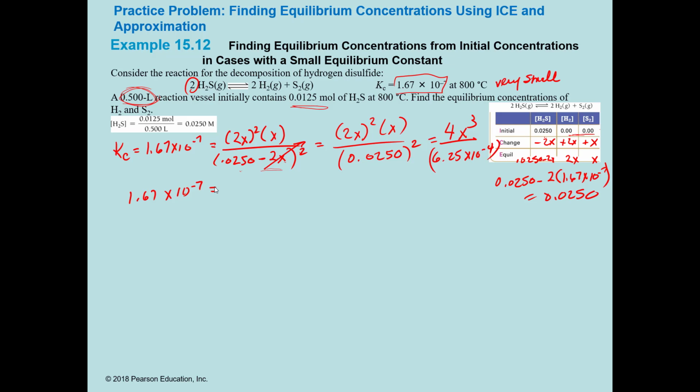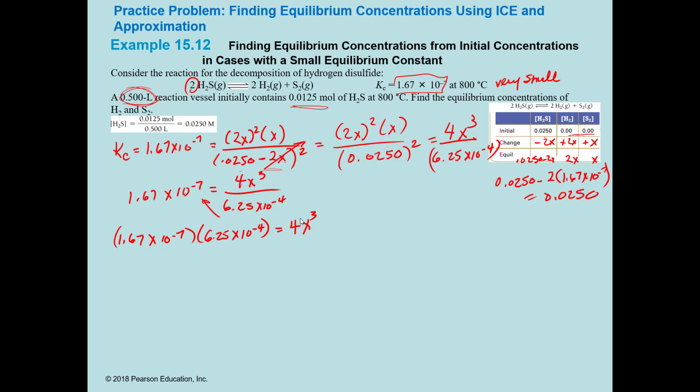All right, so 1.67 times 10 to the minus 7, which is Kc, I forgot all about it because I was doing all that other stuff, is equal to 4x cubed divided by 6.25 times 10 to the minus 4. So I've got to multiply that over there. So 1.67 times 10 to the minus 7 times 6.25 times 10 to the minus 4 is equal to 4x